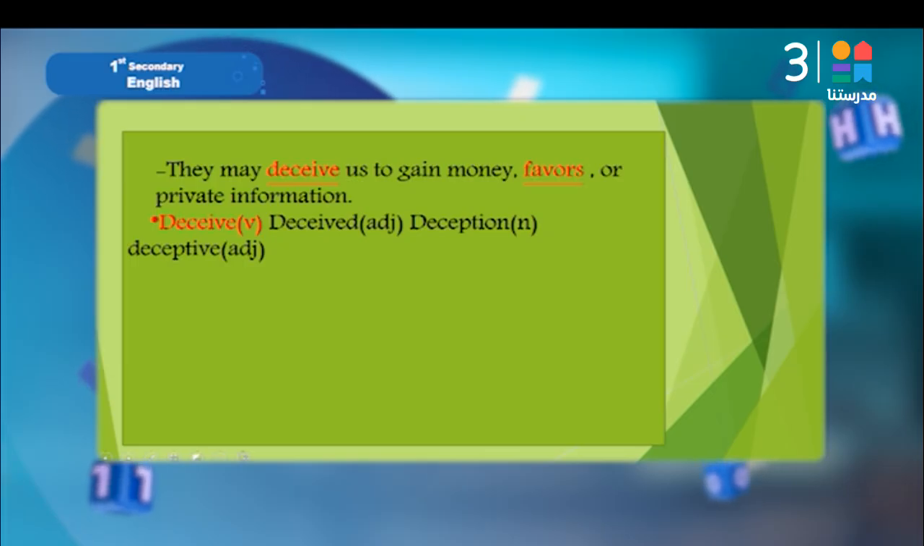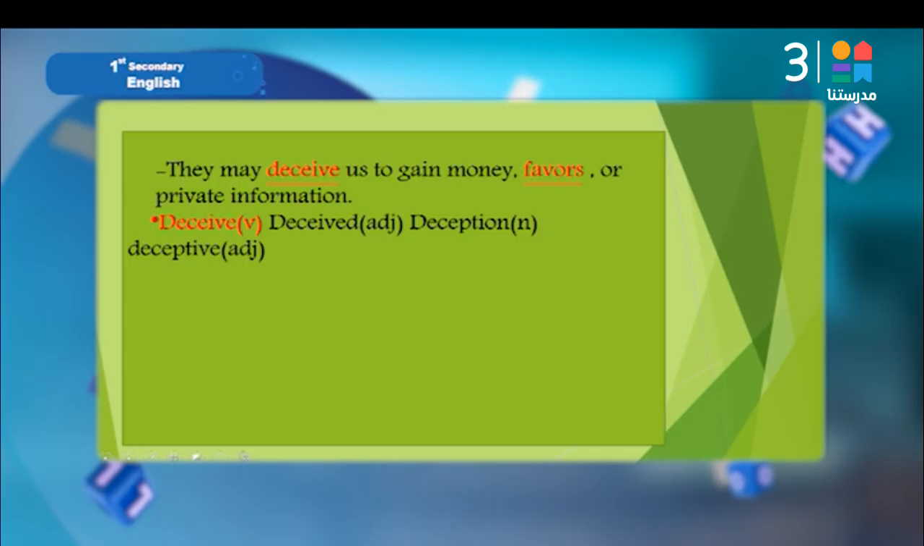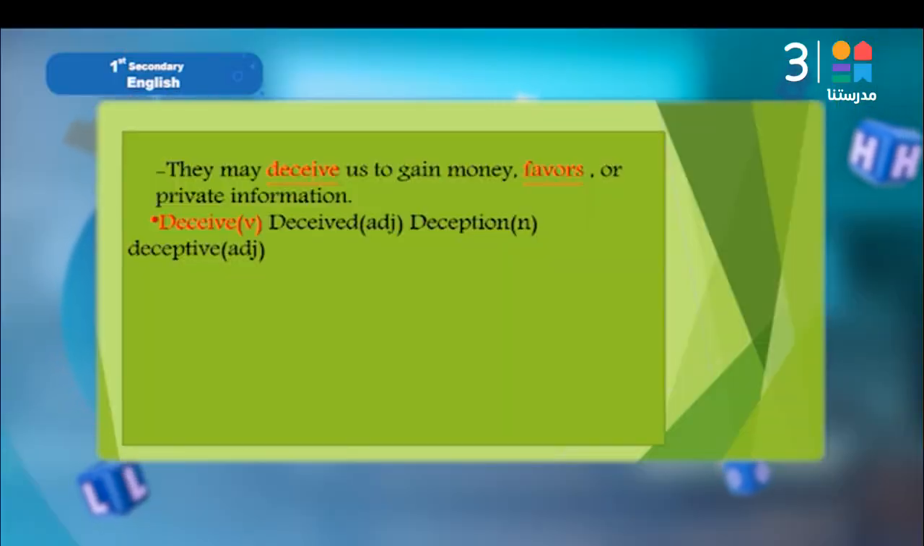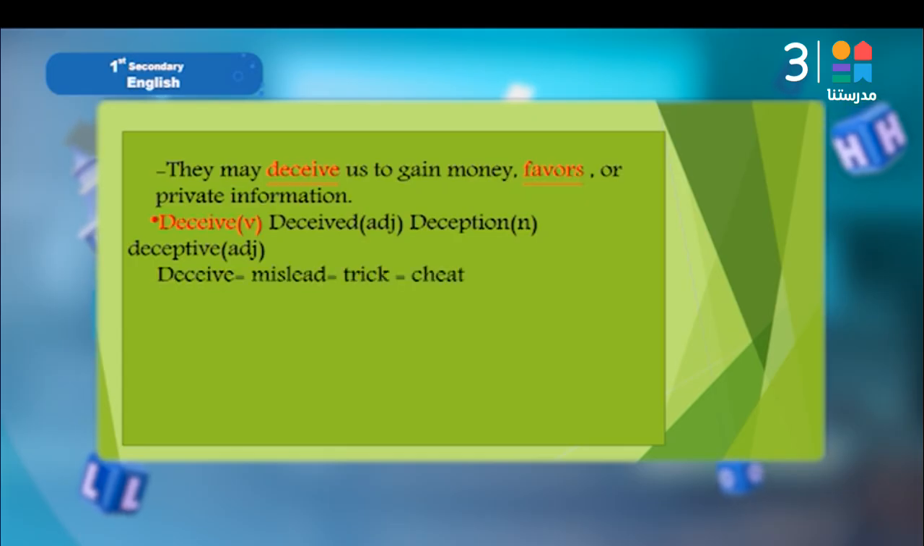Bravo. So if I would like to bring the adjective, what do I say? I say deceived. If I would like to use the noun from it, what do I say? Deception. If I would like to use another adjective, the word deceptive. What's the difference between these two adjectives, deceived and deceptive? When do I choose each one? Deceived means tricked,